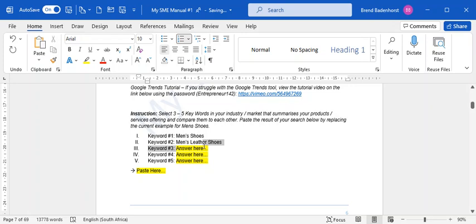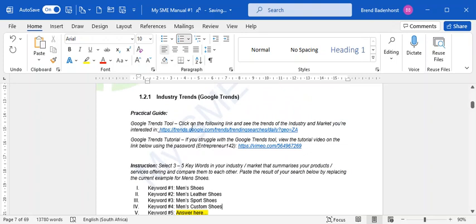I'm going to take a look at men's sport shoes to just get an idea of what's more popular. And I might even do a search for men's custom shoes. So let's start with those 4 keywords and see what we can find. You can then go up to the Google Trends link, hit Control, click on the link, and it should open up